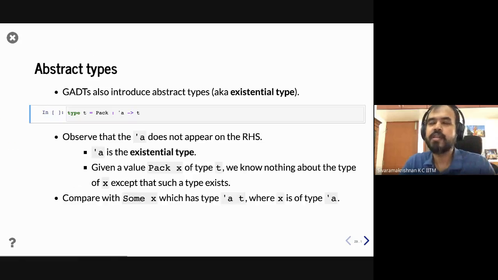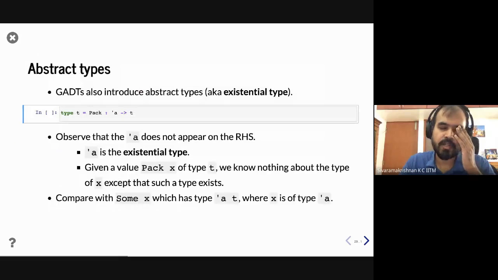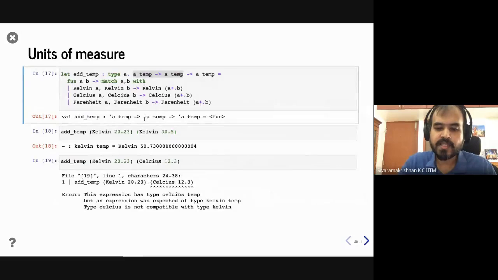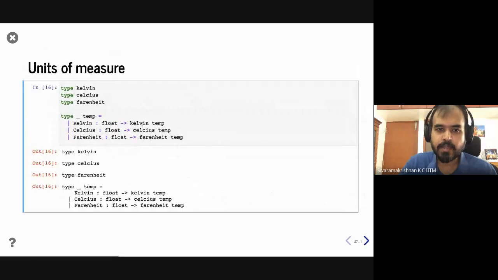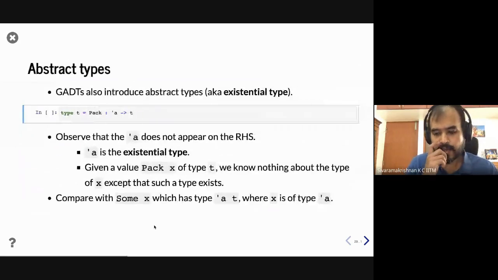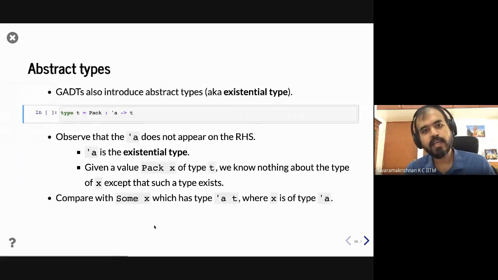So okay, that was the first use case that I wanted to show. Again, this use case is utilizing the fact that I can refine the return type in a GADT, right? Based on the constructor, the type that it returns is actually specialized. That is what I'm using here in order to encode units of measure. As I mentioned earlier, the other thing that GADTs allow you to do is define